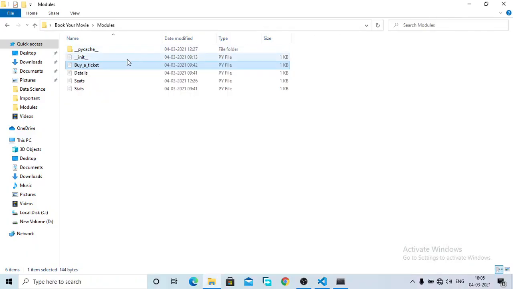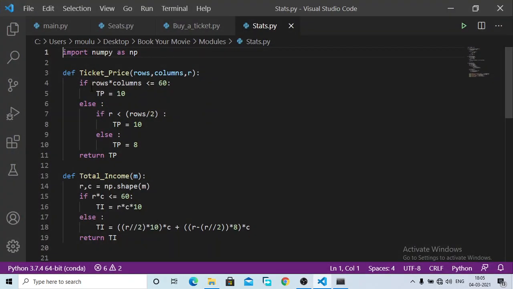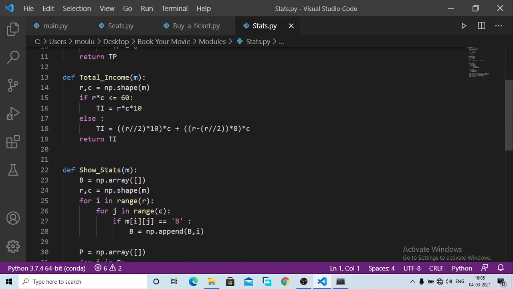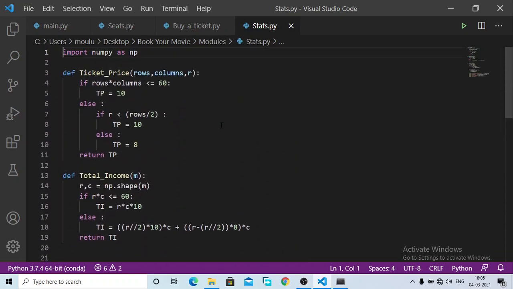And so let me show you the stats thing. So what does stats do? Stats has here three functions. The first one is ticket price. So let me tell you the rules of ticket pricing. If the total number of seats in the theater is less than 60, the ticket price is $10 all over the theater. If the total number of seats is greater than 60,